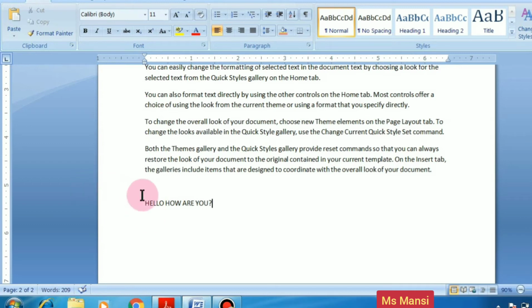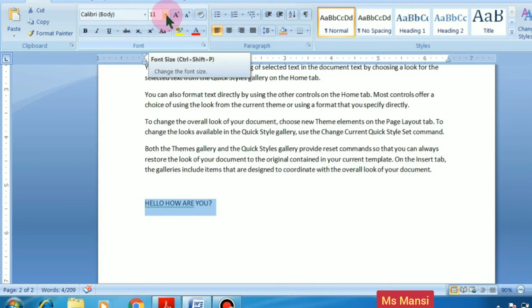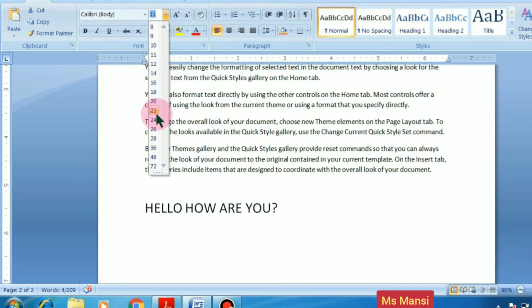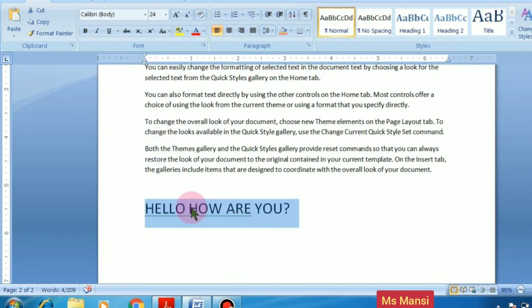Okay, this is my text. I'm selecting my text and doing some changes on it, means I'm applying some formatting on this. For example, I'm increasing the size of it, like 24.